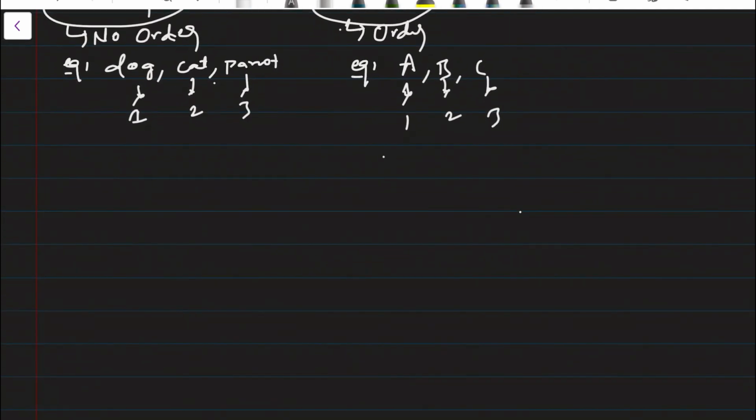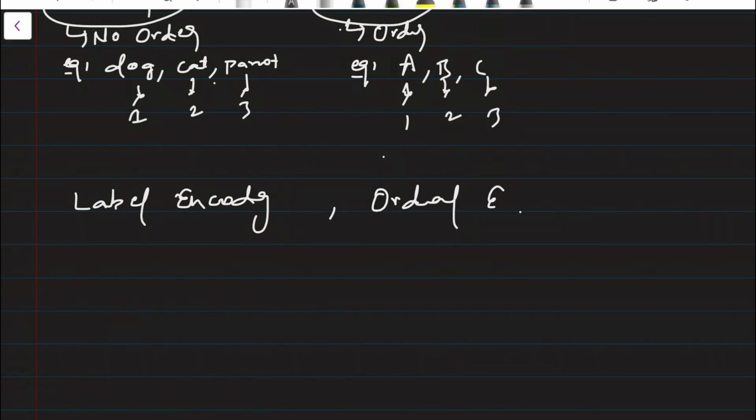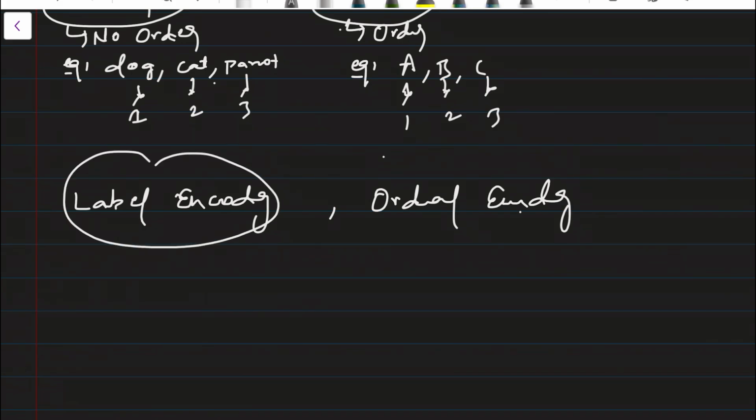So these are of two types: label encoding and ordinal encoding. Label encoding does the same thing as ordinal encoding, but label encoding will be used in the